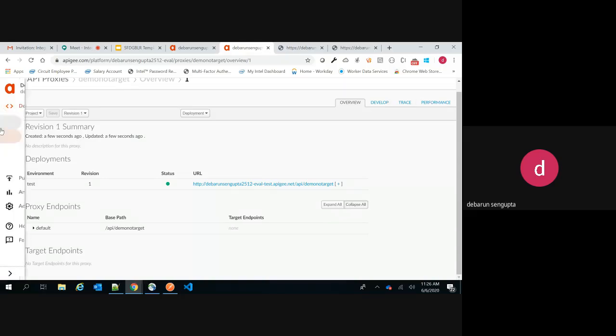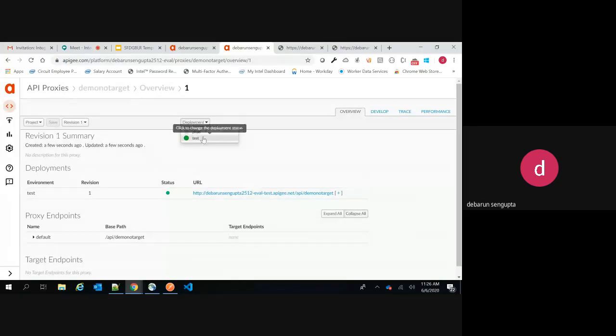So here you can see a couple of things in this tab. If you see this particular drop down, it shows the stages, like the production stage and the test stage. We have selected the test stage, so our changes are right now there till the test environment. That's why this is showing as green beside the test. Also, it has the ability to show the revision. So this is the first revision that we have created, and this is currently there in the test environment.